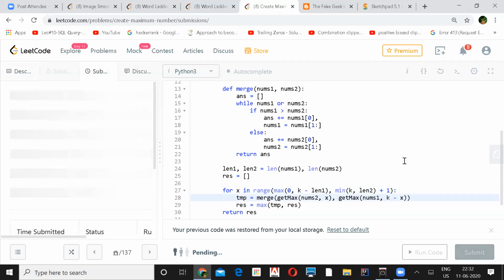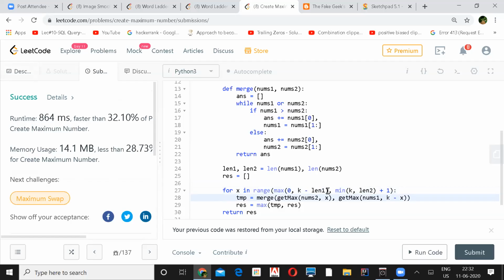But actually, you should do that by comparing the lengths. If len1 is lesser than len2, correct. Yeah, you actually need to find if they are smaller, then only swap it, right? You are saying compare those two lengths and whichever is smaller. I was not changing this one earlier. So nums1 should always be the smaller one, and nums2 should be bigger. That should not make any difference, right? Then at that time you don't need to use Max. That is what I'm doing inside Max now.